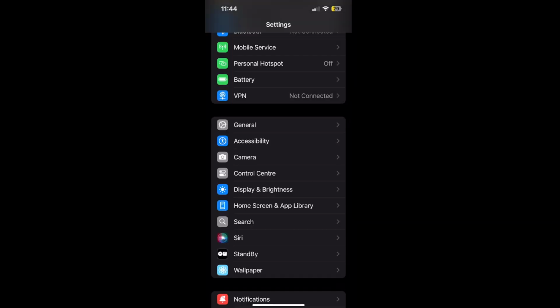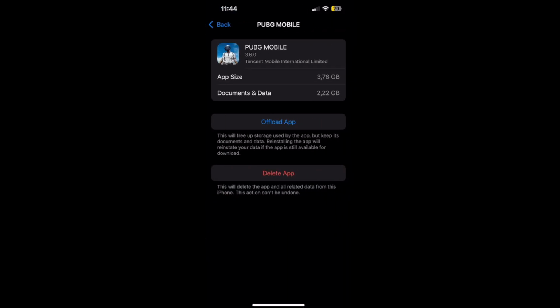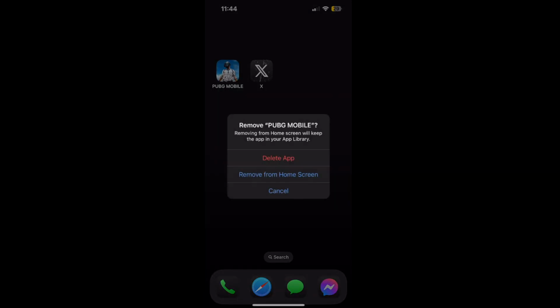If not, you want to open up your settings. Now on settings, you want to go to general and then iPhone storage and find PUBG Mobile. Here you want to click offload the app and then reinstall the app. If that will not fix the problem, the last solution would be to just remove and delete the application from your phone, and after that reinstall it again, and that will